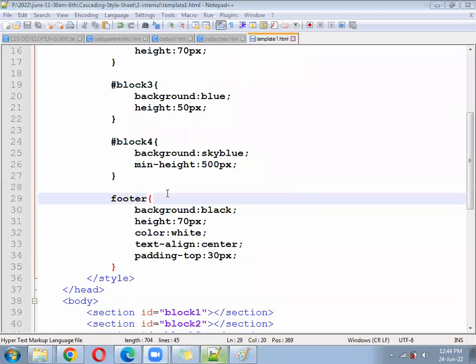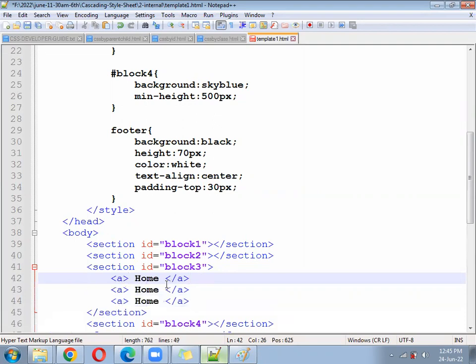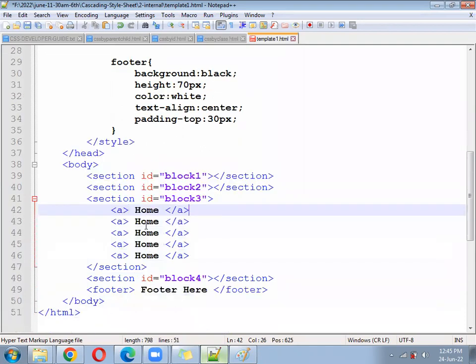Okay, cool. Now under block 3, use A tags. Keep inside home, about, contact,